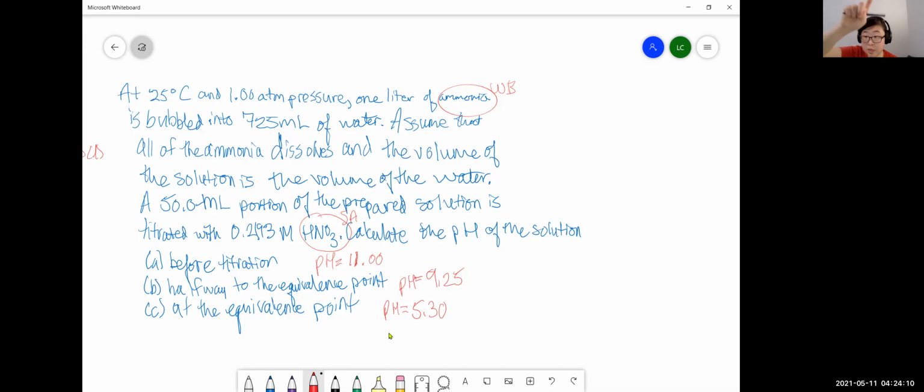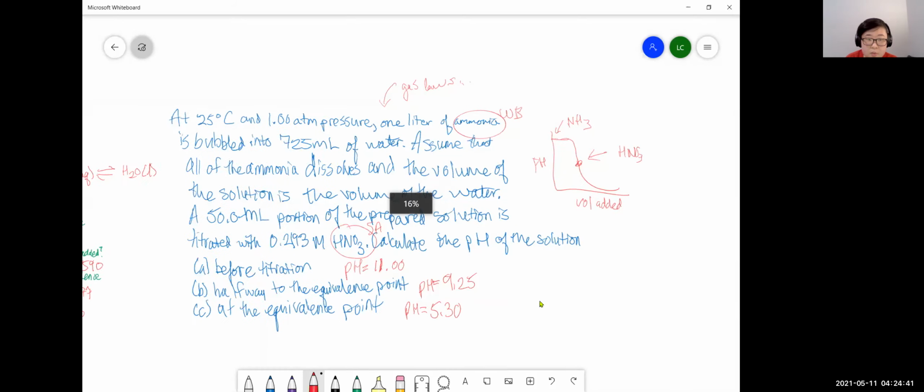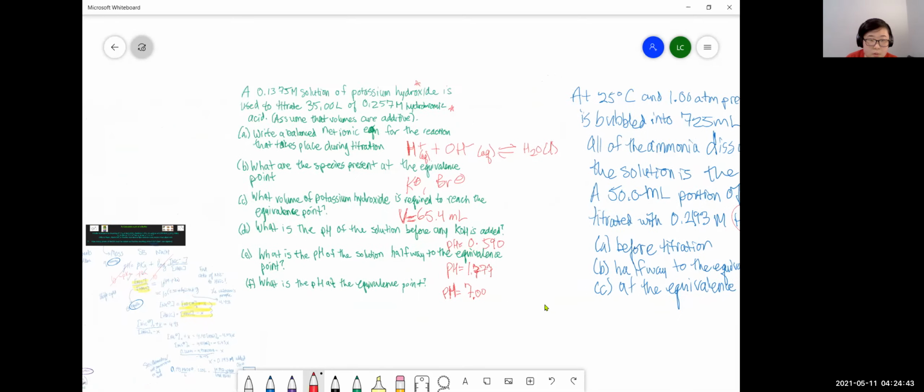This is just NH3, and then somewhere here you end up with only HNO3 pH. So I hope that helps you, and you can try out this problem. And right here is a little cool twist because you're going to have to think about gas laws. And so this is a pretty integrated problem. So there's this problem,